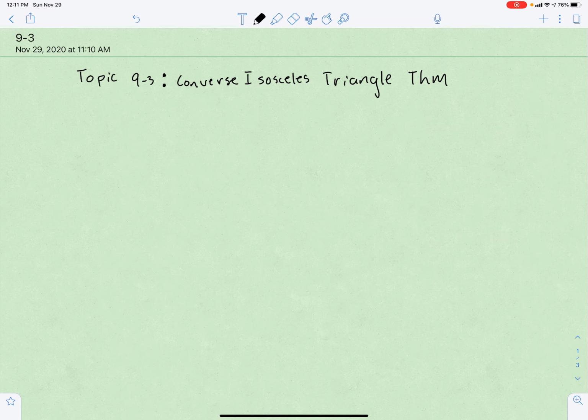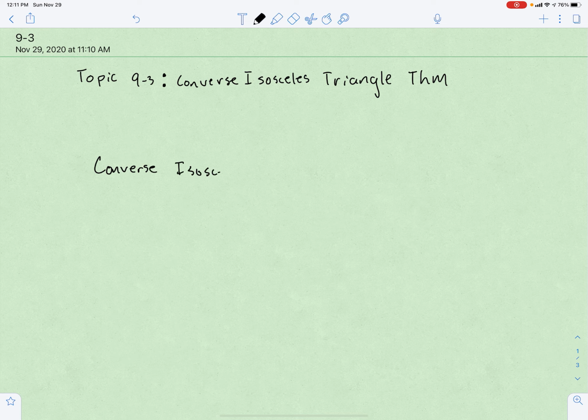All right, today we're going to talk about topic 9.3, which is the converse isosceles triangle theorem. So converse means opposite, so it's the opposite of the theorem we've already been talking about. So what that states is, so the converse